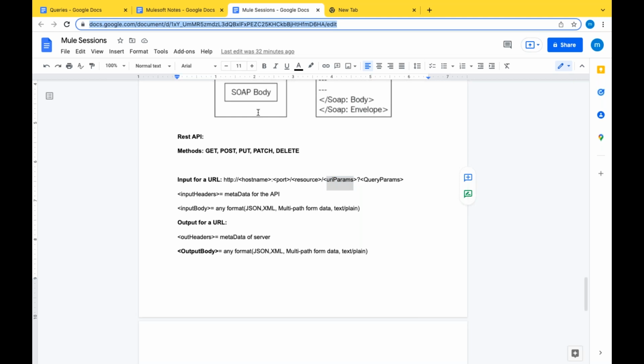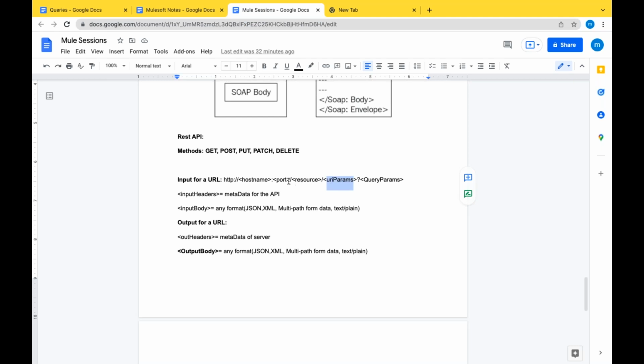So what exactly is a URI parameter? If you are sending some dynamic values in a specific resource, that is known as URI parameters.